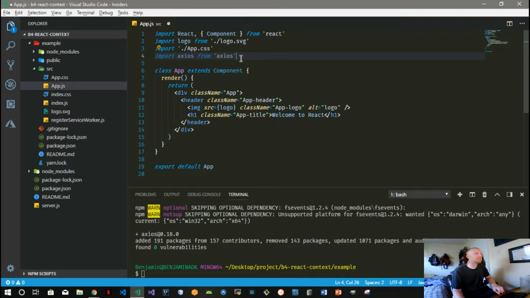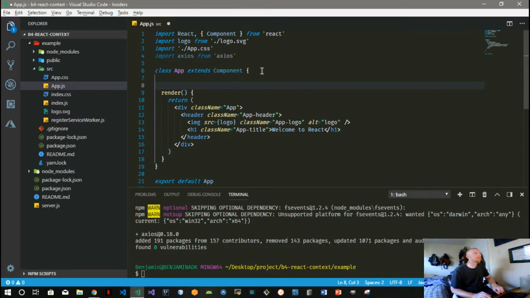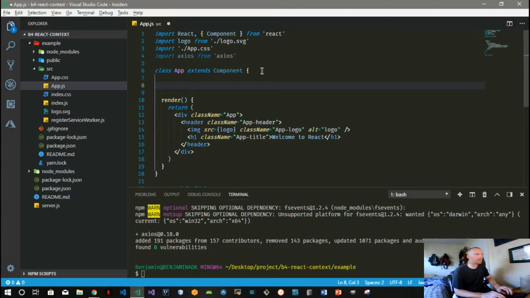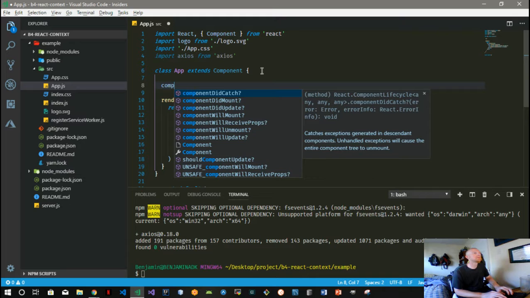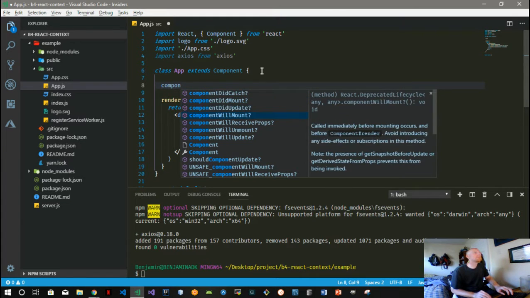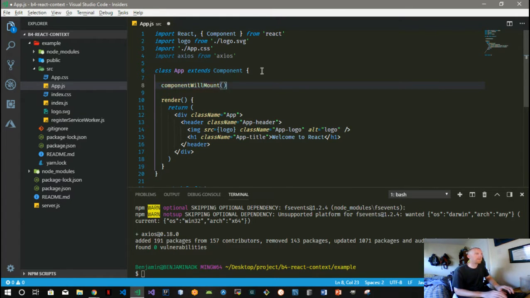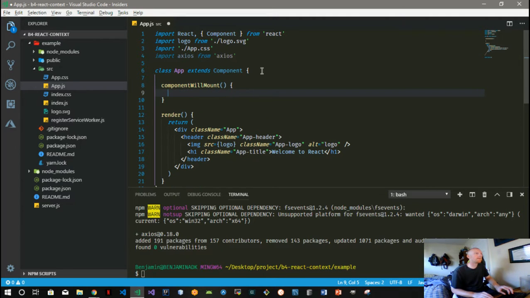Okay, so here we got axios. We're going to create something, and it's going to be using a life cycle method here. We're going to say component, we use componentWillMount. And you can actually make this async. I like to use async await versus callbacks or events. We're just going to say async componentWillMount,